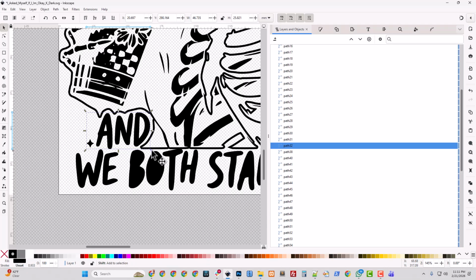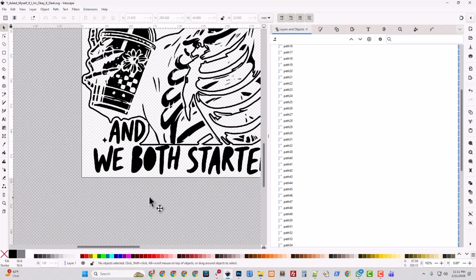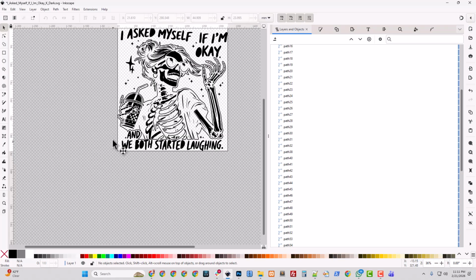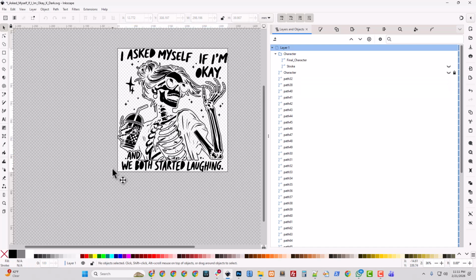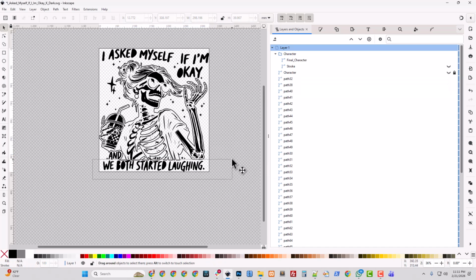I'm just going to shrink this in a tiny bit, just so it doesn't seem so close to the edges. And then all of this at the bottom. Give me all that. Don't want that upper star.